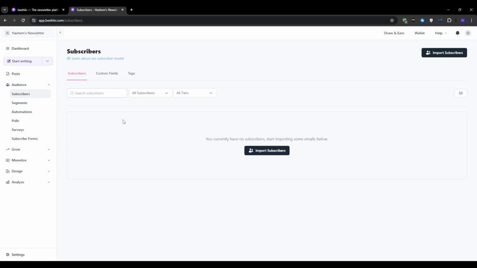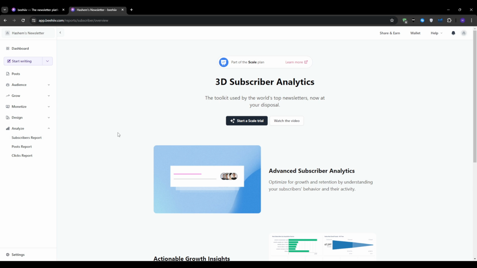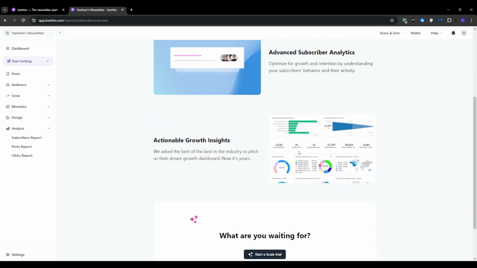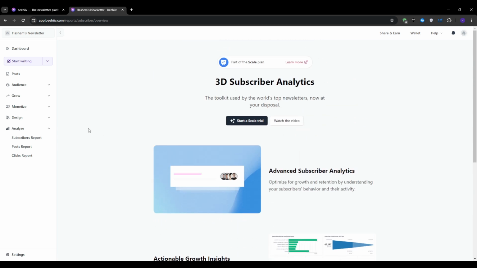And lastly, I want to talk about analyzing your newsletter performance. Beehivv provides robust analytics to help you understand how your newsletter is performing. So click on the Analyze section right here and then click on Subscribers Report. And from here, you can see how many subscribers are opening your emails depending on which kind of subscription or membership you have enabled. You can also track which links are getting the most clicks through the click-through rates,